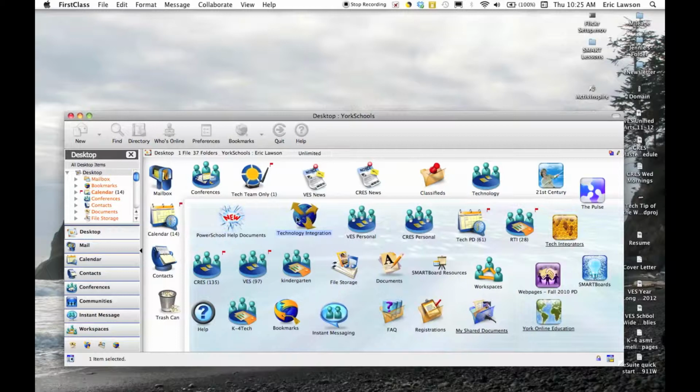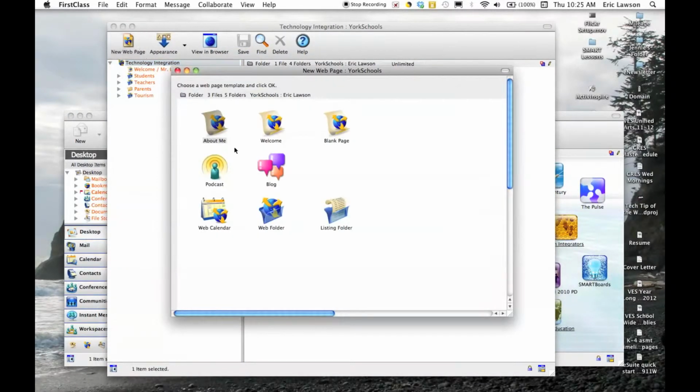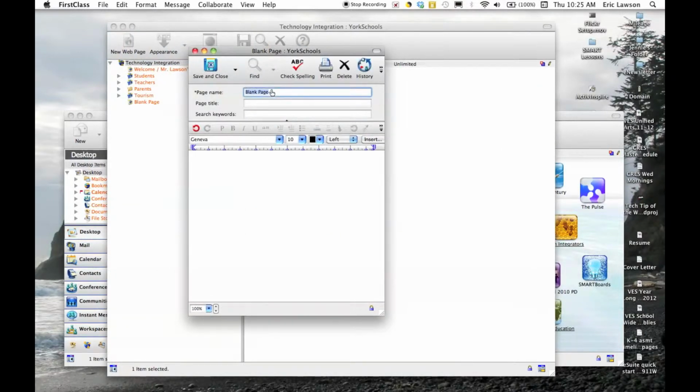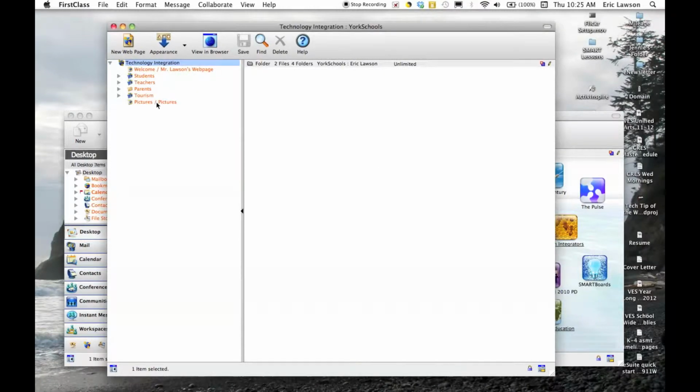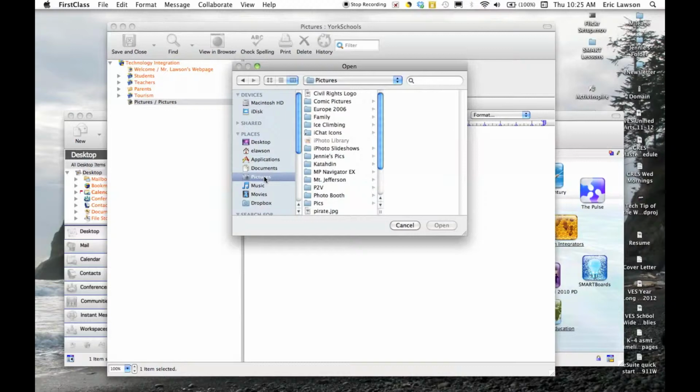Adding pictures to your First Class web page in the past was kind of annoying. First you'd have to create a new web page, like a blank one, call it something like field trip or pictures, and make sure you saved it. Then once you went to it, you had to put the cursor down, insert file or image, find that picture,